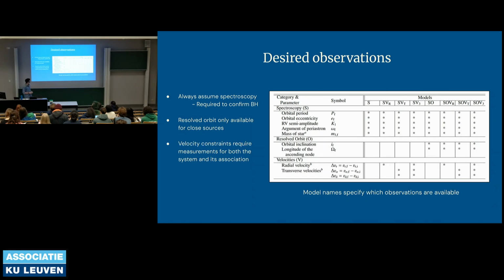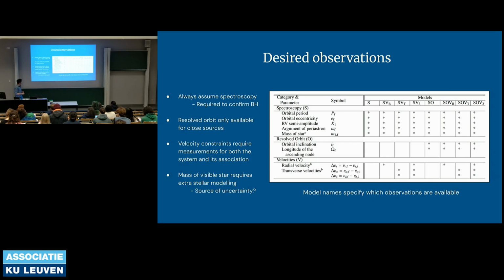Additionally, you might have velocity constraints, which require, as I said before, that you first identify a birth association. So you need to have the location where the system was born first. That's the most important thing. And then after that, you need velocity measurements of a sample of stars in that host, a reasonable sample that you think captures the dispersion you're interested in from that host in the different directions, the different